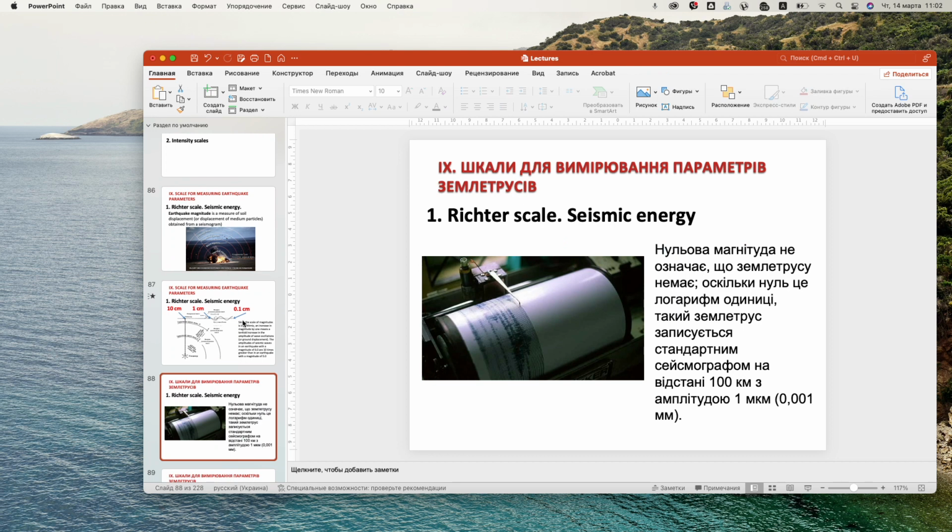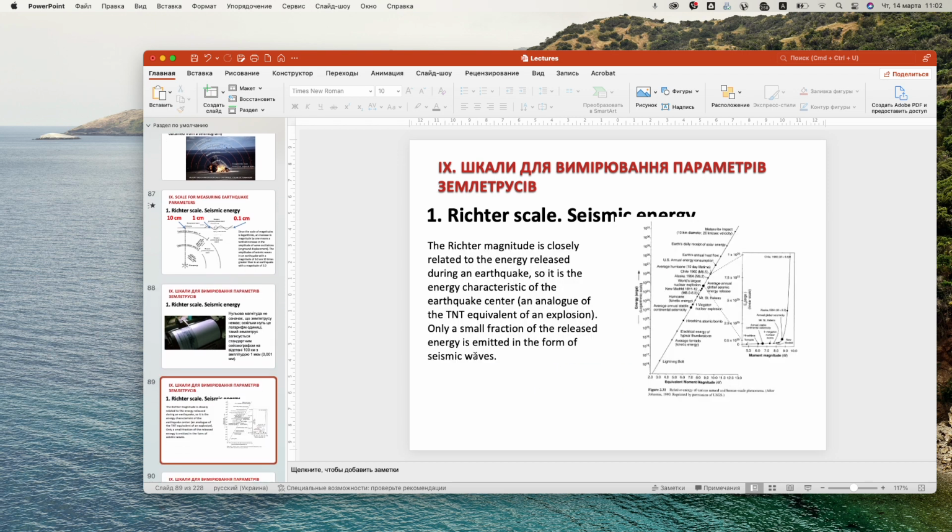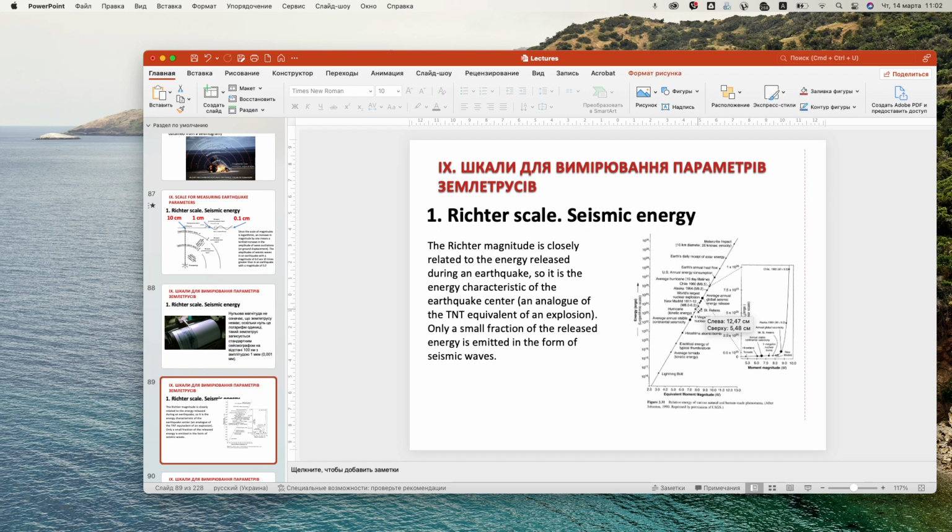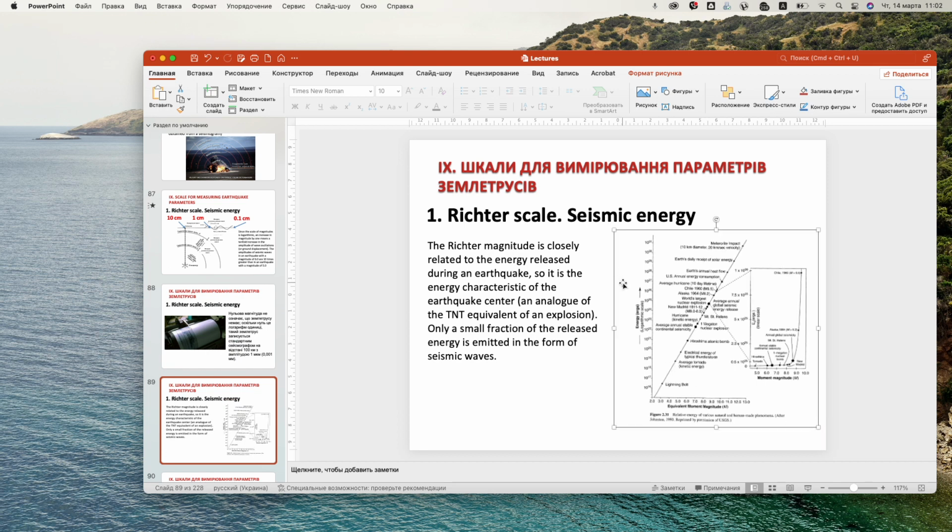So here is the contemporary seismograph, which records the impact of an earthquake on a large distance. And here you can find another important information about the earthquake. It is energy in ergs and magnitude. And here you can find the ratio. And you have to know that